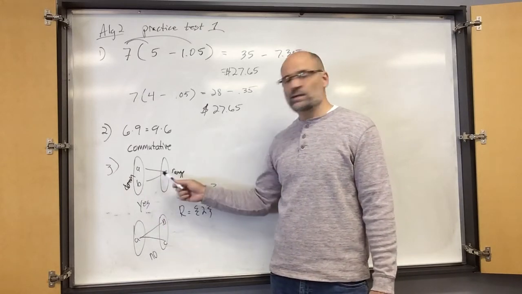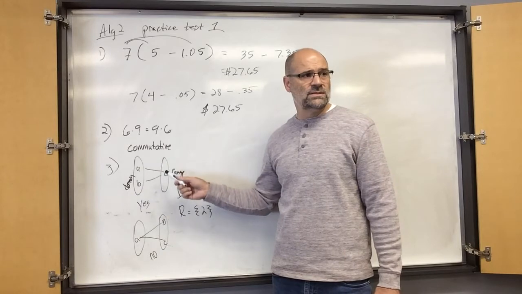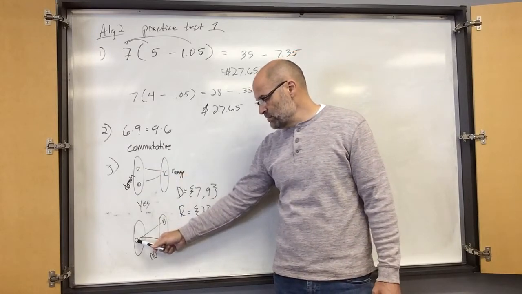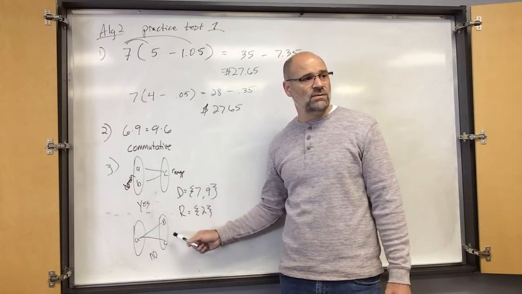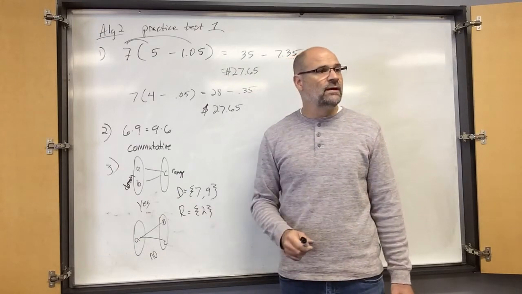So see how B only goes to C. A only goes to C. But if a member of the domain goes to multiple members of the range, then they are,